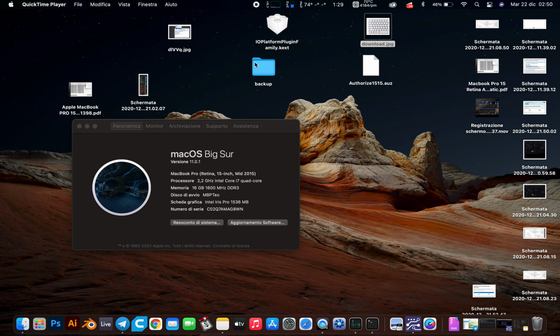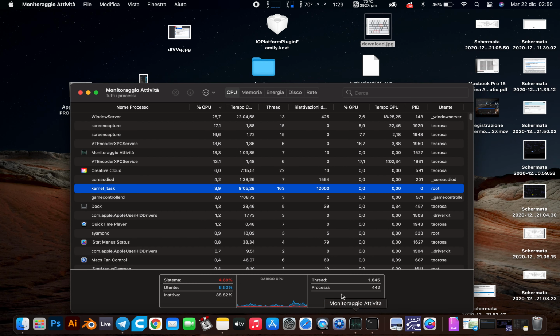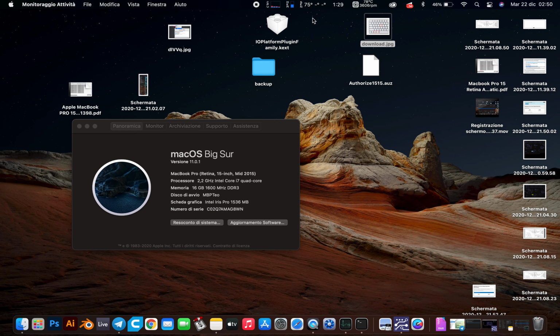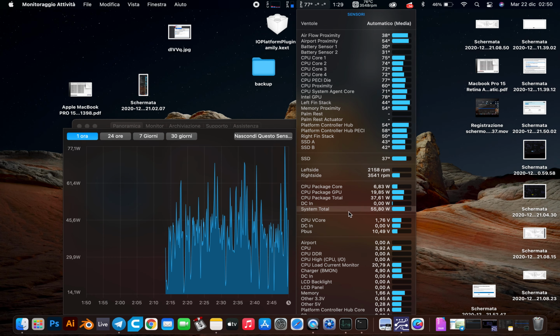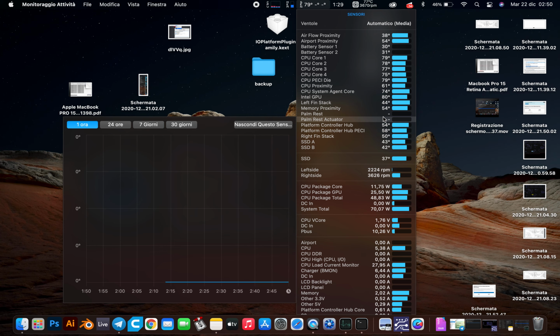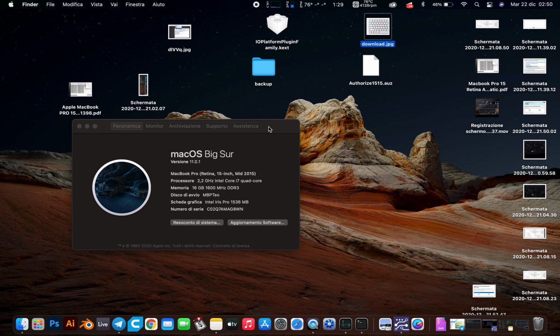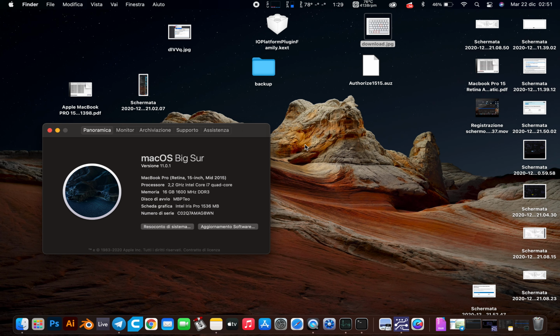You could try resetting the SMC and eliminating the kernel task clogging the CPU, and you didn't succeed. You maybe noticed that one sensor of your motherboard is faulty, although no overheating is actually sensed. You may want to use your MacBook again, at least normally. So today I'm going to skip all the built-in